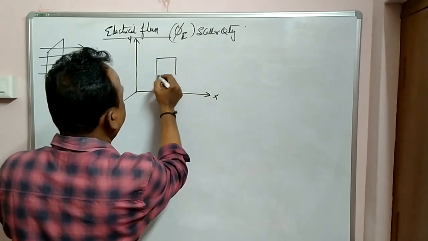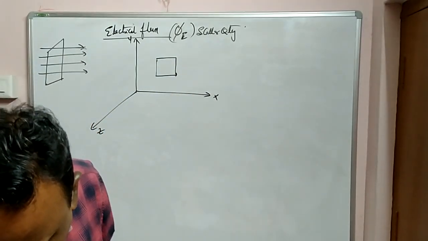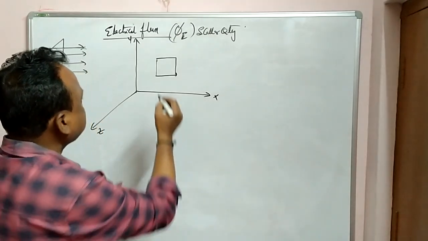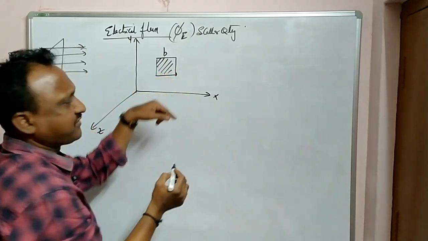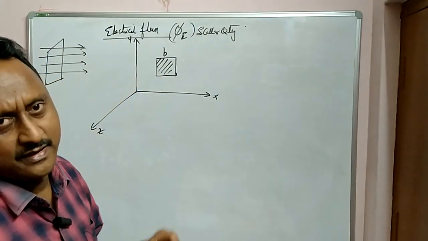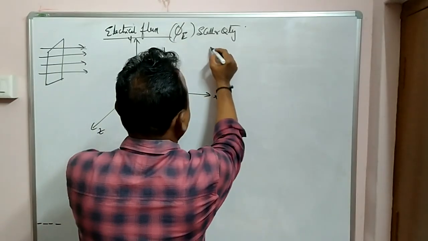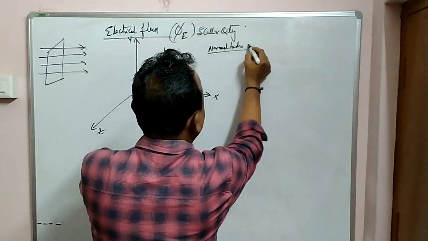For example, this is a body, say a square having a side B meters, placed in the XY plane. See, you have to note this point here. In the case of normal bodies like 2D bodies,